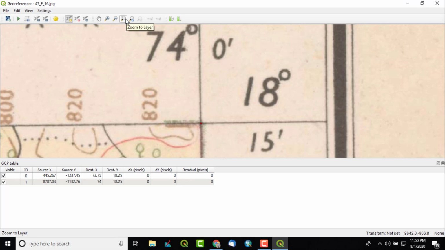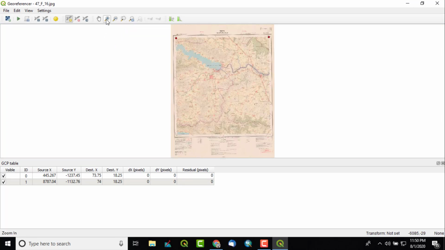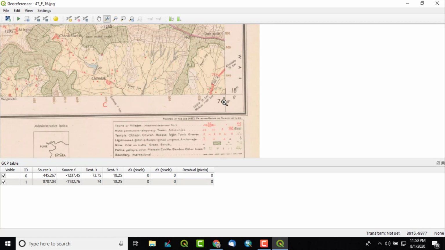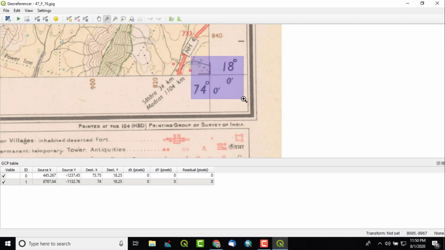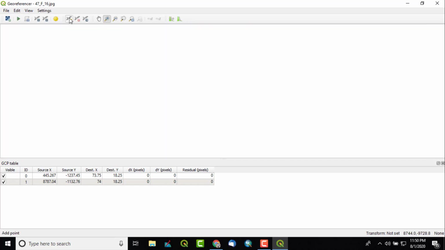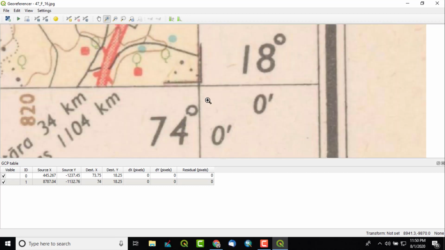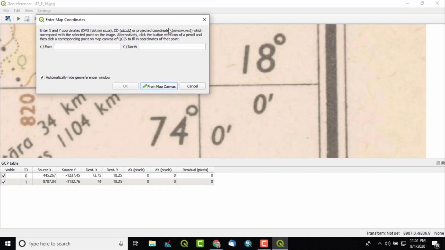Again I will click on zoom to layer here. Then the next, third point. Again take add point and click at the exact intersection and give the third point.